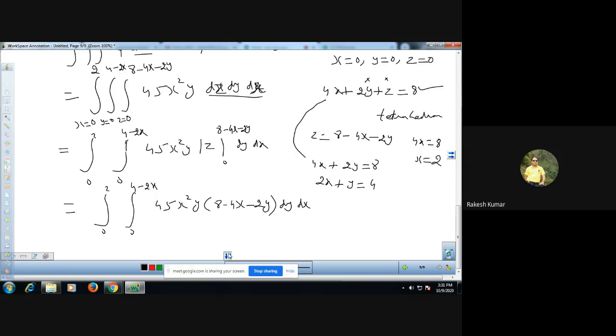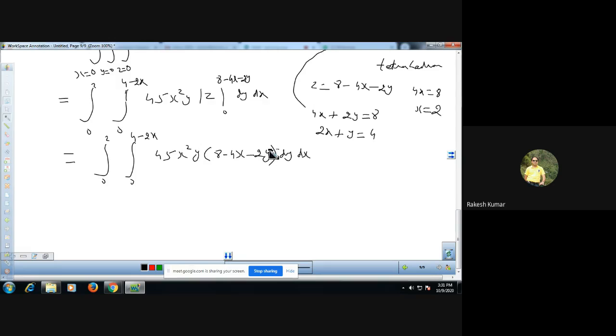Now, you know that we have to integrate with respect to y, because the limits of y are in x. So this is the pattern we have to follow, because we have taken the limits in this sequence order: you have to integrate with respect to z first, then with respect to y, then with respect to x. So 0 to 2, substitute, integrate with respect to y, that is 45 into 8,